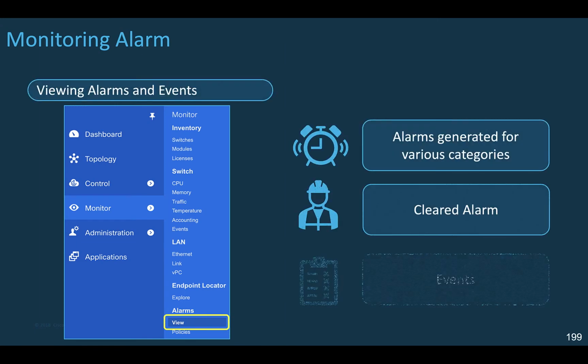Select the Monitor Alarm view to open a window that displays the alarms that are generated for various categories, such as endpoint locator, health monitoring, or environment, the level of severity per event, the source concerned by the failure, the creation time for each alarm, as well as a message with additional information about what happens and much more. You can filter per name, per category, per severity level, etc. You can expand each alarm for further details. You can also view the history of all the cleared alarms.